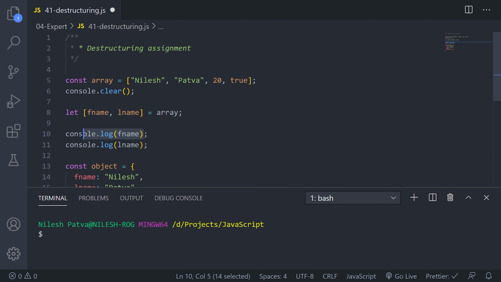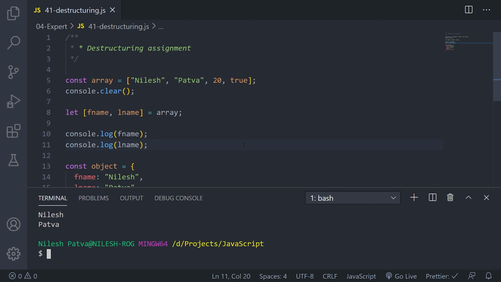In the first console log, I am writing this f name, and in the second line, I am writing this l name. So let us see what happens here. So I am inside 04 expert 41, and if I run this, you can see the zeroth indexed value has been stored inside my f name, and the last name has been stored inside my l name.